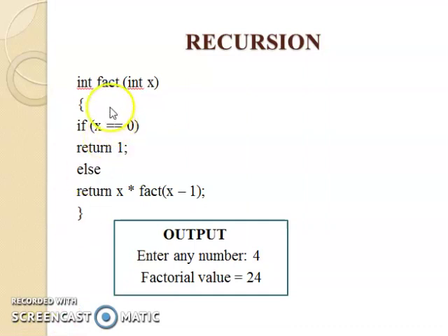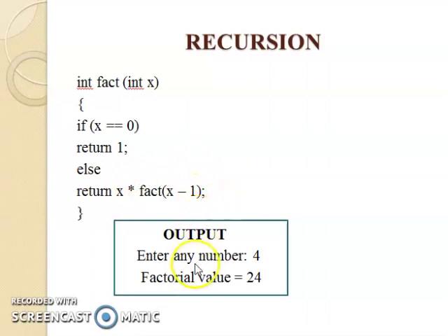This is the definition part of the factorial function, and here we are mentioning the exit condition. That is, if x is equal to 0, we return the value 1. If we are not mentioning this exit condition, this loop will go on infinitely. So here we mention the exit condition as x is equal to 0, which returns 1. Otherwise, we calculate the factorial value: return x * fact(x-1), and this fact(x-1) represents the recursion. It will repeatedly calculate the value until it reaches the condition.